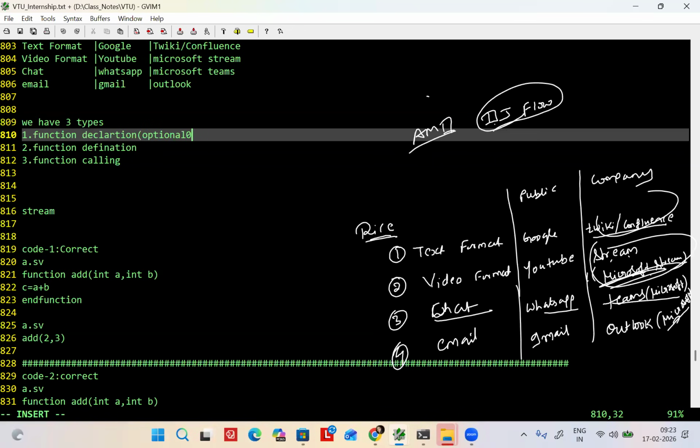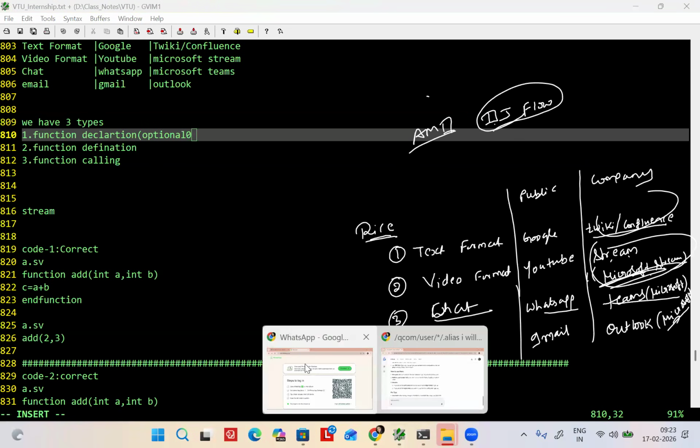Optional. If you want, you can write it, or if you don't want, you can ignore it. If you remember, you can check the example I made you write. Declaration, definition, and calling, all three I made you write last time with the keyword extern.